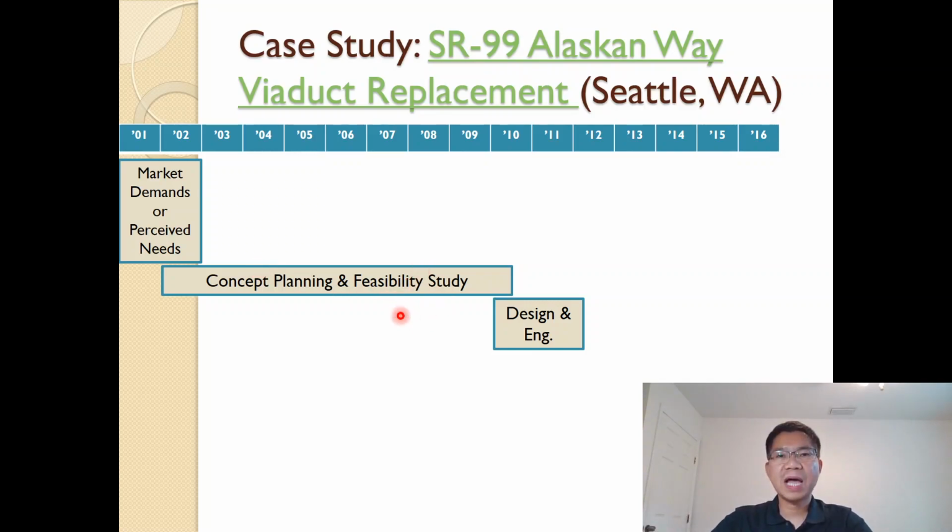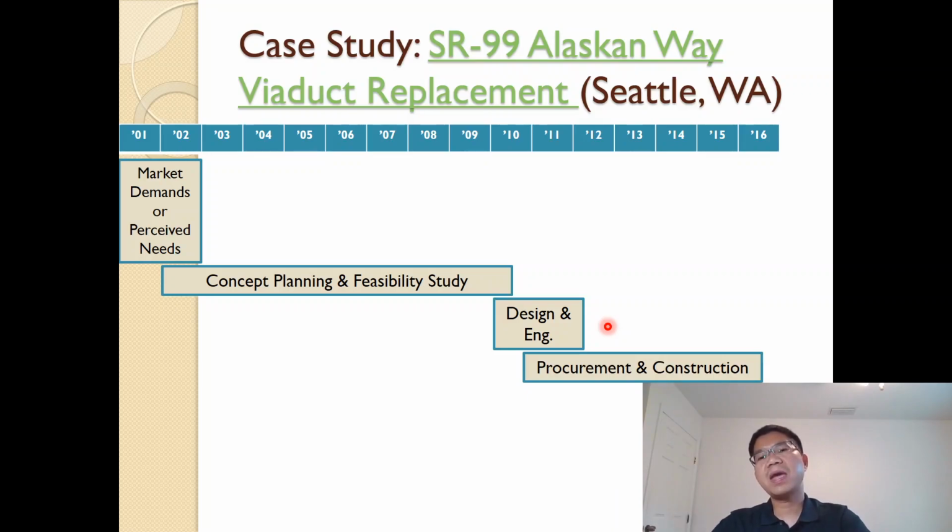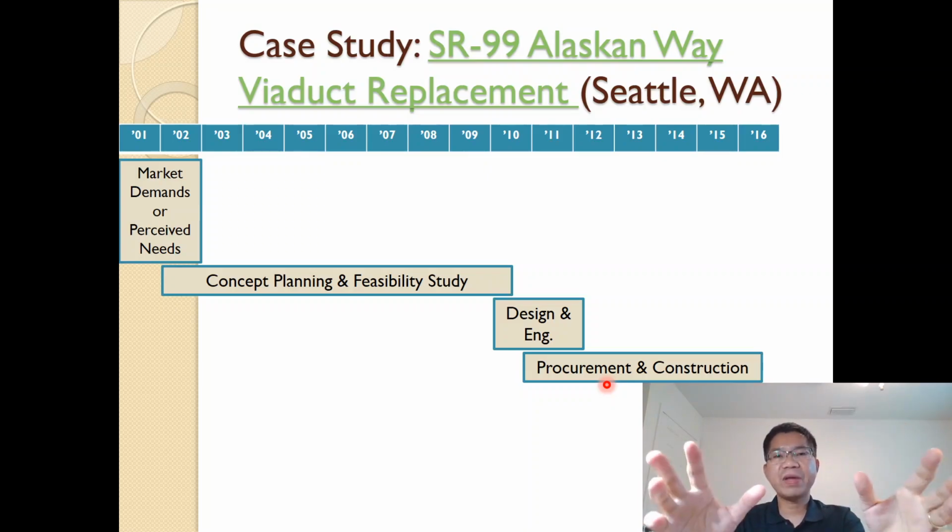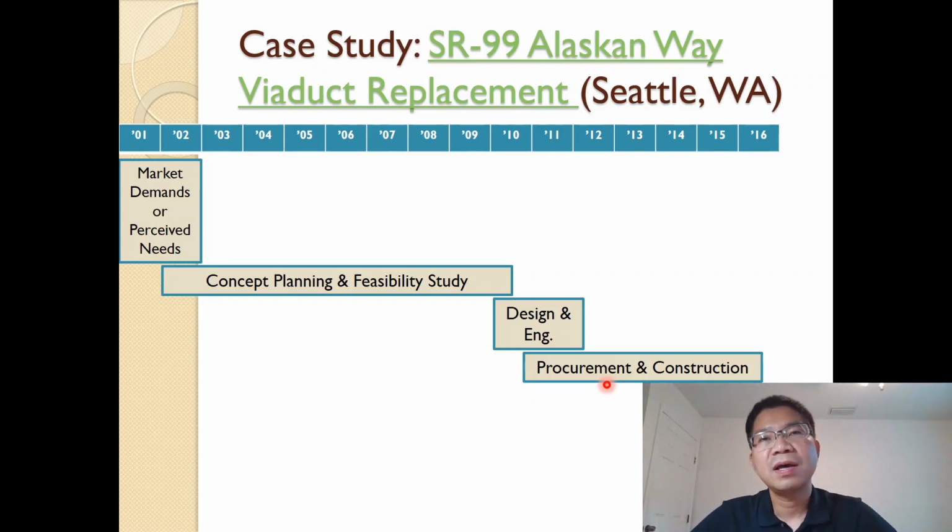Again, it happened sometimes earlier and sometimes later, but the major part, if you read from the timeline they give, is somewhere in 2010, 2011. And then the main construction for the new viaduct, procurement and construction, is 2011 until 2016 to be complete. But yes, that is based on the time frame they had available a few years ago, but now, as I just showed you on the website, it actually extended until